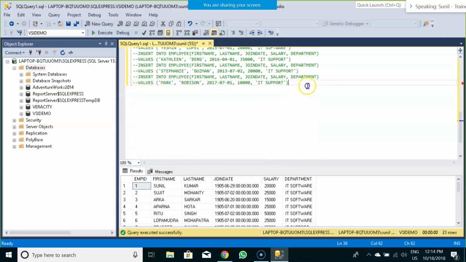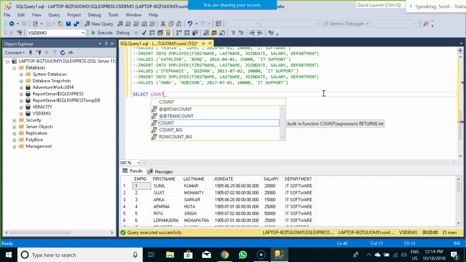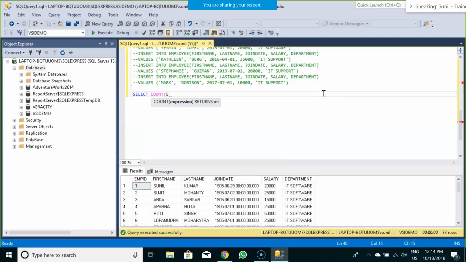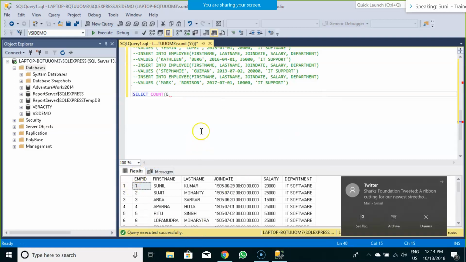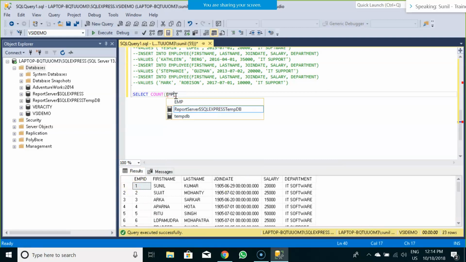Now we are going to perform some of the SQL queries in this particular scenario. The very first thing that I'm going to show is the group by clause. In order to perform a group by, we are going to put a count on employee ID, the unique column.